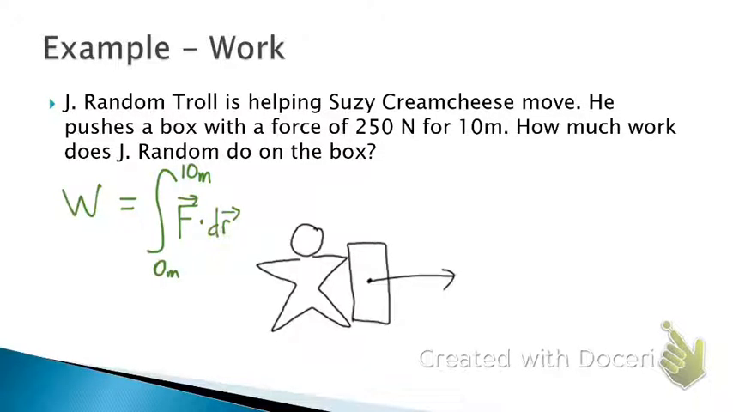Well, I know that work is the integral of force with respect to distance, and I know that the distance is going from point 0 to point 10. So I set up my bounds of integration as from 0 to 10, and now I'm just going to execute this integral real fast. It's not too difficult because the force is constant. Whenever you have a constant inside an integral, you can just pull it out front, and I'll end up with